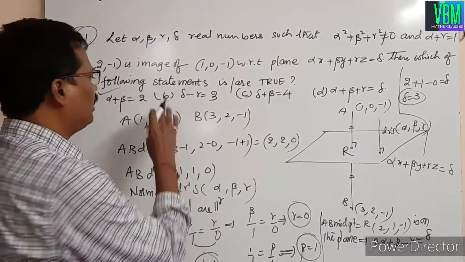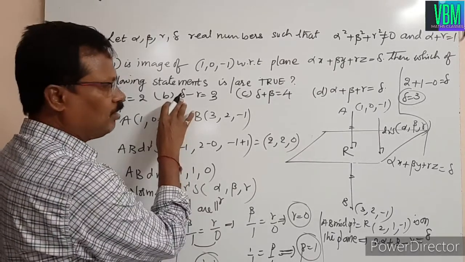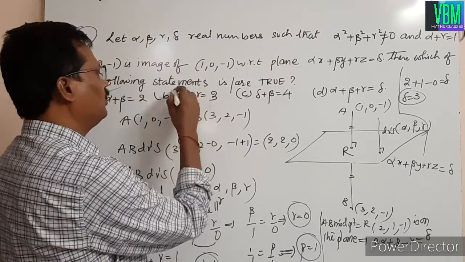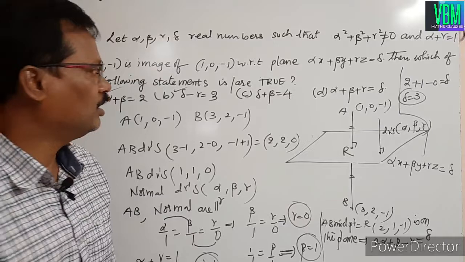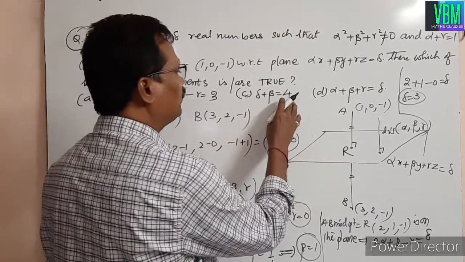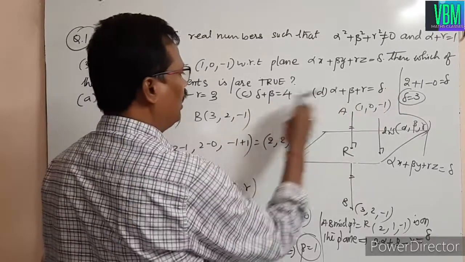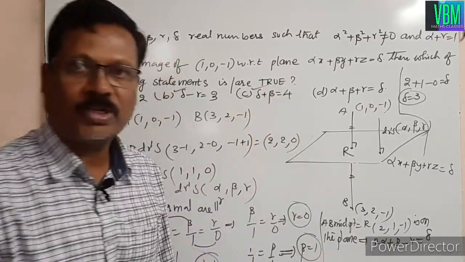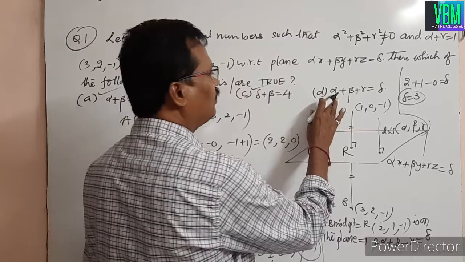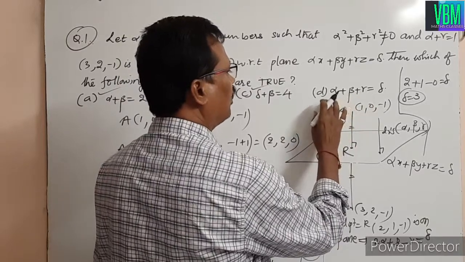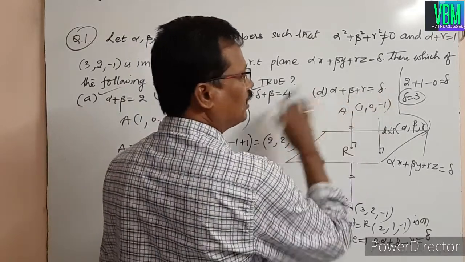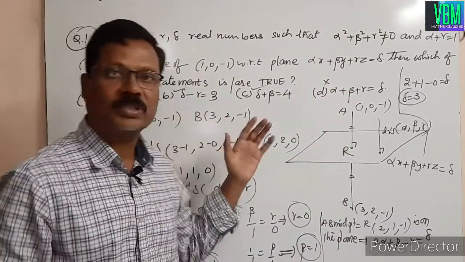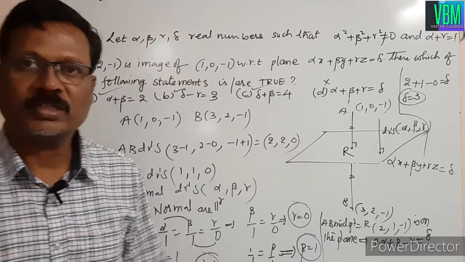And again in option B, delta is 3 and gamma is 0. 3 minus 0 is 3. This option is also correct. And delta plus beta is 4: delta is 3 and beta is 1, therefore 3 plus 1 is 4. This option is also correct. Now alpha is 1, beta is 1, gamma 0, therefore this is 2 but delta is 3. This is wrong. Therefore options A, B, C, these 3 are correct. Okay?